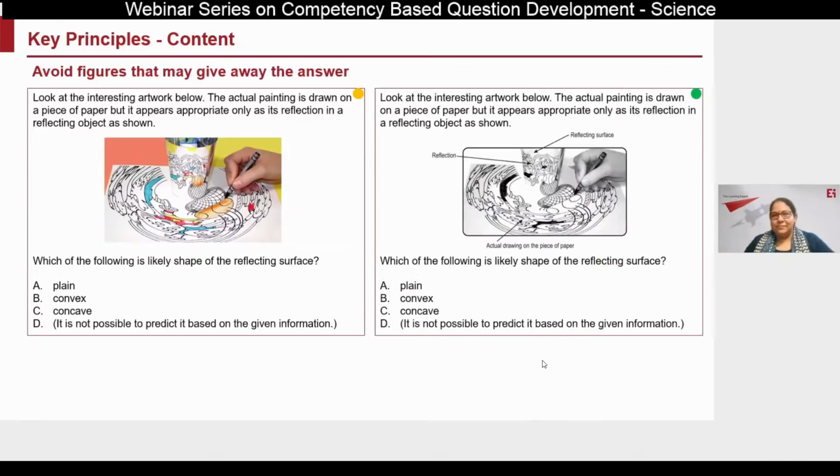Look at this simple thing. All of us use computers so much. Crop the image a bit so that no cues are there for the student. So you're bringing the student back from getting cues from the picture to actually arriving at the conceptual reasoning and finding the answer out, right? So very small things like these can just make your question invalid or can become a great insightful question.